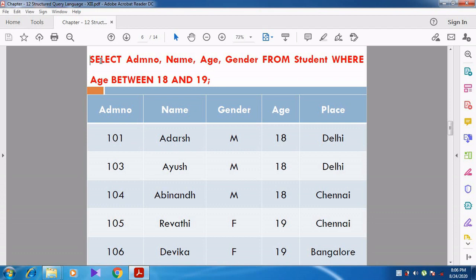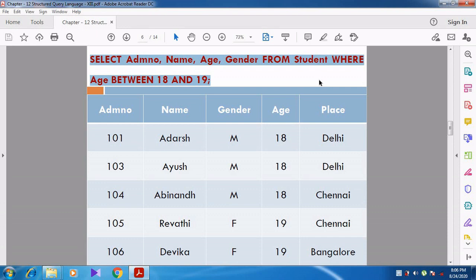SELECT admission number, name, age, gender FROM student WHERE age BETWEEN 18 AND 19. What is the condition they have specified? The age should be between 18 and 19.